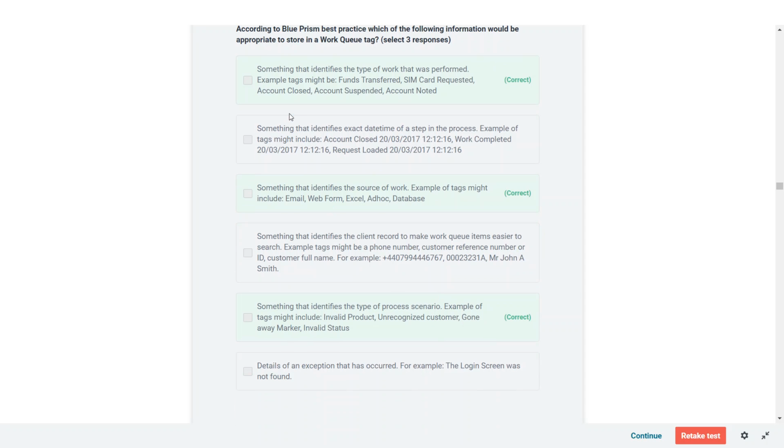Actually, tags mean we want to differentiate these items in bulk. If there are students, what are all the departments? Mechanical department, electrical department, computer science department, like the three tags. If there are three departments, we can make it as three tags. And if there are 10 students in every department, then we can tag the 10 students in every department.